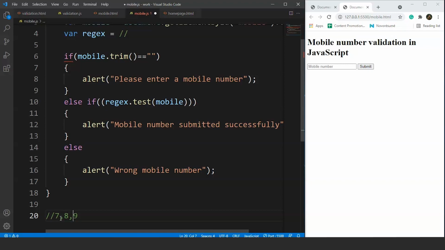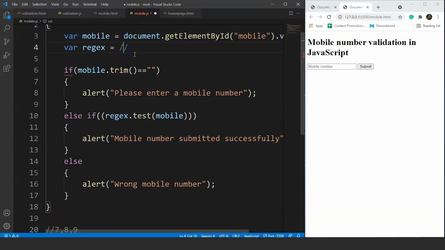We discussed the shorthand character classes in regex a few sessions back, right? So now we want all the inputs to be digits only. So what we'll do is write here inside this regular expression \d. So this is a shorthand character class, and we'll use these curly braces and write 10 inside this. So this statement over here will check the length of the string, but we have to do some more things here.